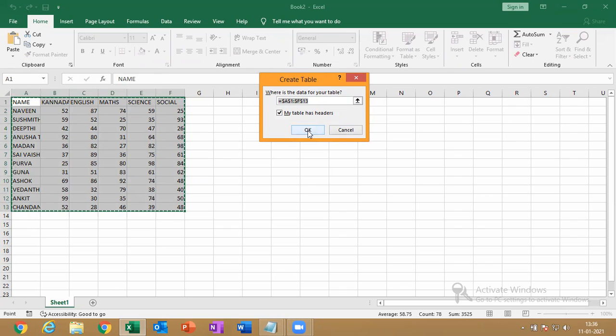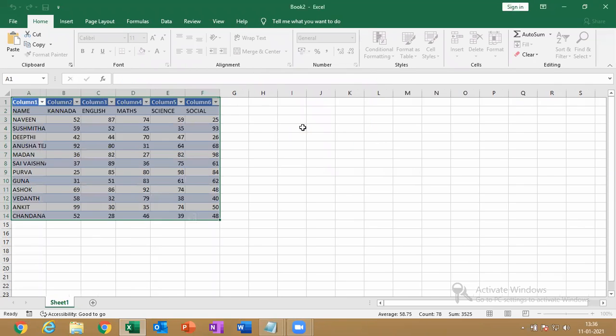So before creating the table, just make sure that this option has been enabled. When does it have to be enabled? If you have the headers, these are the headers. If you have the headers, then just enable it. If you don't have any headers like name, Kannada and so on, you can untick that. Then Excel itself gives some headings like column 1, 2, 3. See like this.